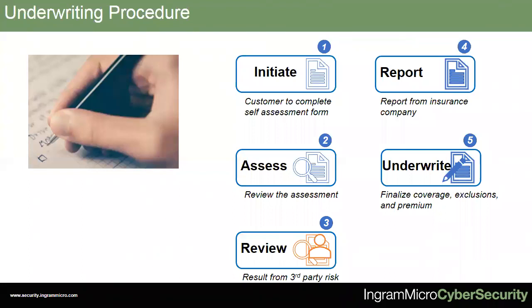Then in the fourth stage, the insurance company will prepare the entire report of whatever assessment has been done by the cyber insurance company or their third-party partner who has done this risk assessment, and that all will become part of this report. And finally, they are going to underwrite the policy document for the customer who was interested in taking the cyber insurance policy here. On the basis of all this assessment, they are finally going to define the coverage and exclusions, inclusions, and the value, this premium, that how much premium this customer needs to pay